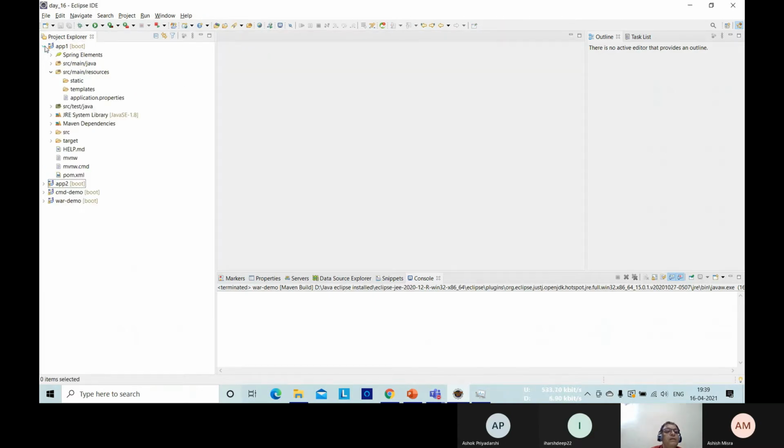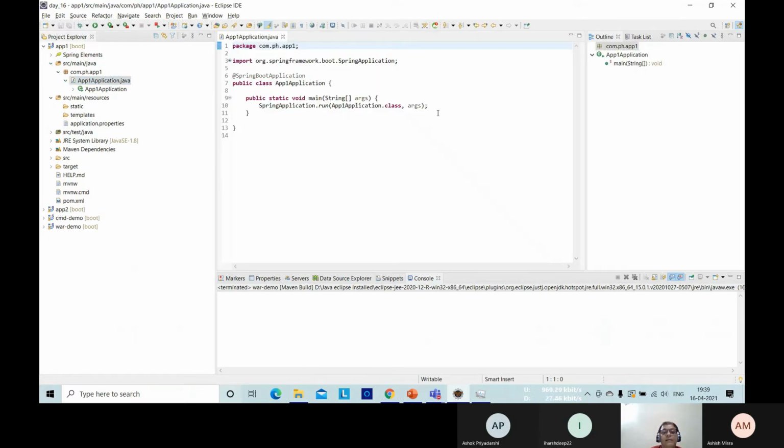Now let's have this code. See here. Let me give some messages. Which one is this? It is app 1. So app 1 is running.